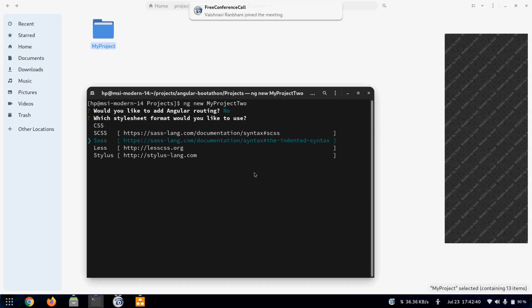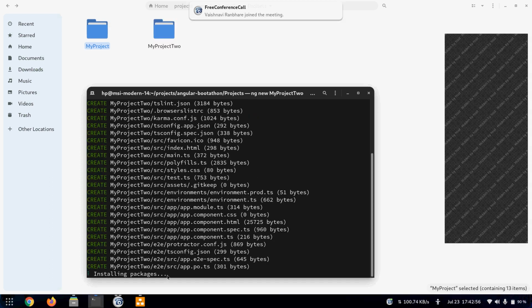Then we have to select the style sheet format. If you know any of these, then you can select that. Otherwise, CSS is also good. Okay, so I'll just select CSS then. Yes, no problem. Then it will install all the packages, and it may take some time.